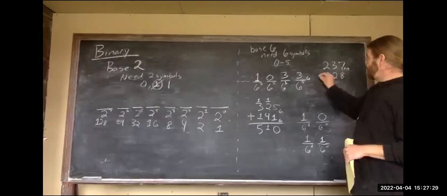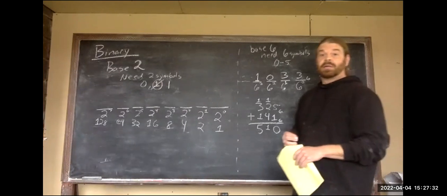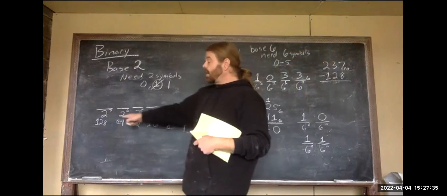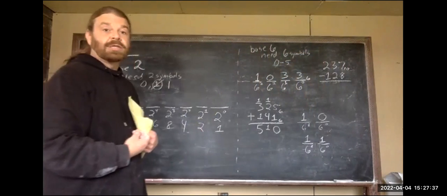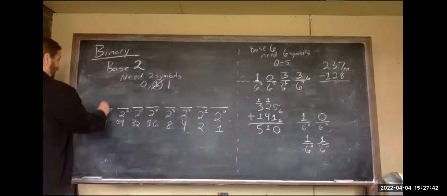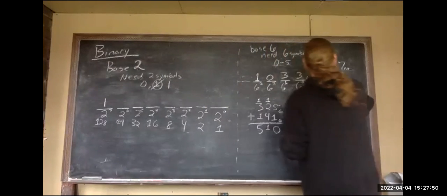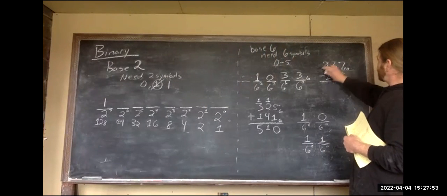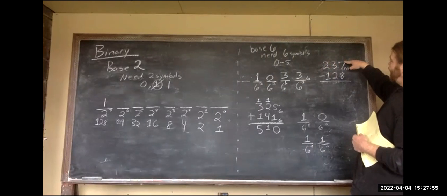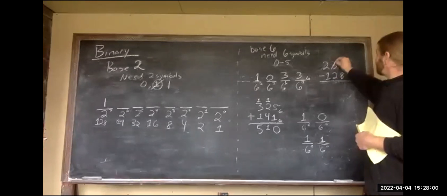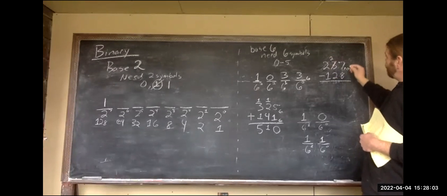Yeah, at least one. And with binary, it's a yes or no thing. We either have that column or we don't, because the only thing we can put there is a 1 or a 0. So that even makes it a step easier. We can't use the 128 twice, but we can use it once. So if we subtract 128, doing subtraction in the ones column, 7 minus 8, well, 8's bigger than 7, so we can't really subtract, but we can borrow from the next column,